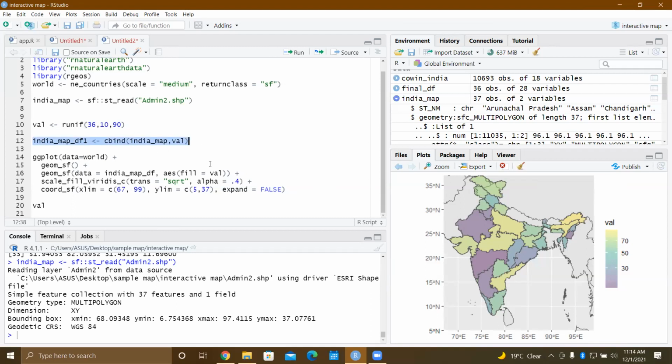But you don't need the data frame just to plot it. So what I have done here is, under ggplot there is the geom_sf, where the India map df, I think this one, sorry.